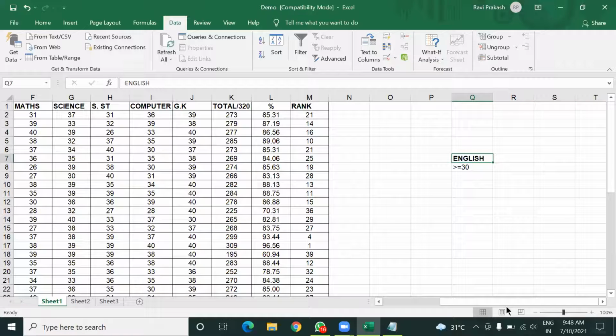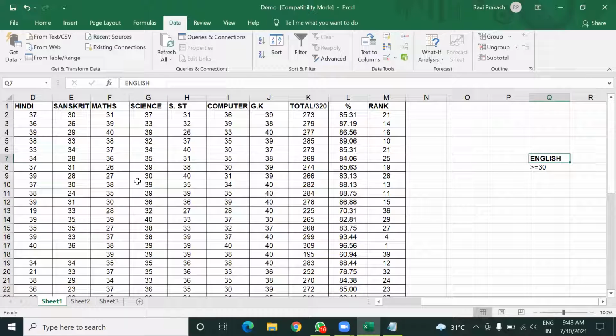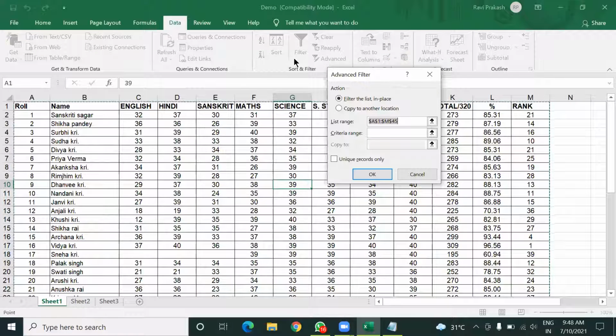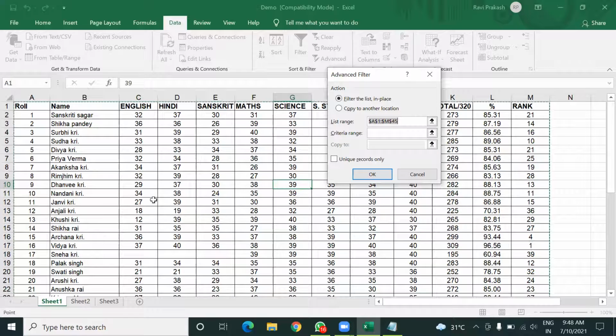Okay. Now, after doing this, click any of the cell in the table where your data is present and click on this advanced button. So by default, you can see this whole table is now selected. Why it is selected? Because of selecting any one cell in this table.